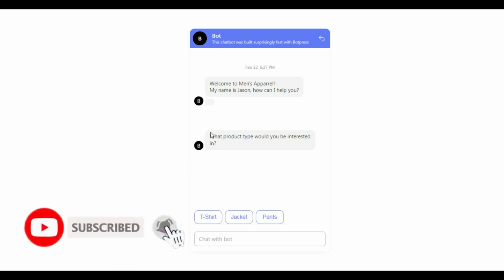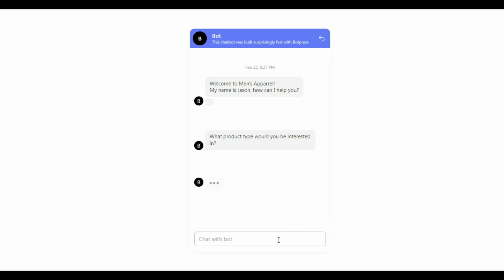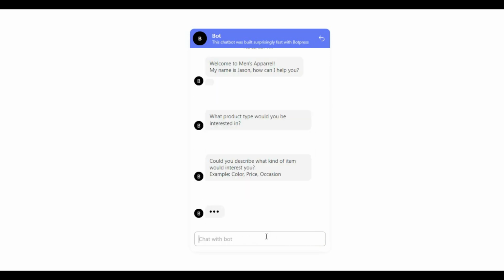So in the main menu you click product recommendation, then you select the product type. I'm gonna go with jacket. And you can say recommend or show me the cheapest products. I'm not sure if a real client will want the cheapest ones, but for the sake of this example,